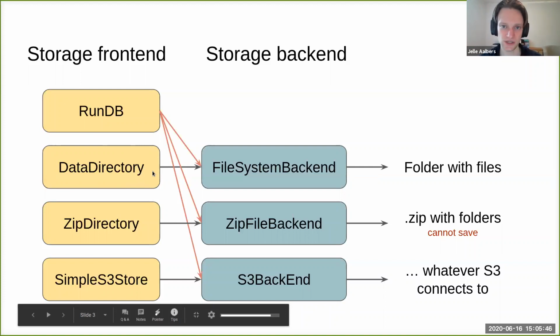We actually have 2 others, and they, like data directory, really relate to one specific way of saving files. So in general, these front ends just find the data, and to actually load the data, you have something called a backend. So if you want to load data, just store it on disk, you use the file system backend, and that loads it from a folder with files. That's the one that's, I think, exclusively used at the moment, no matter how you're getting the data. But we do have 2 others.